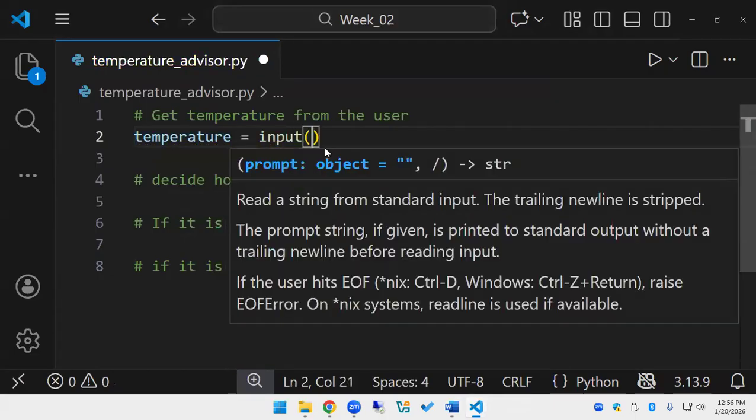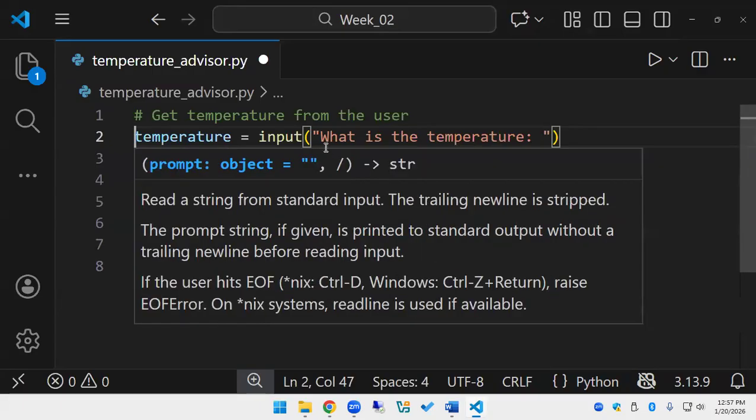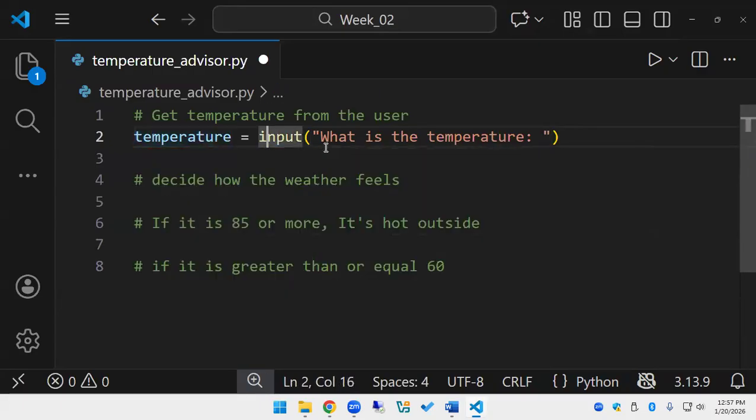Input. And we'll just say, what is the temperature? Is this going to work? Can you compare strings to integers? No, you can't compare apples to oranges. You have to compare apples to apples. So we need to do int. That will convert whatever's coming in